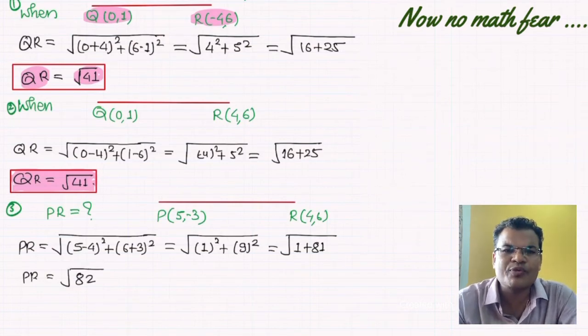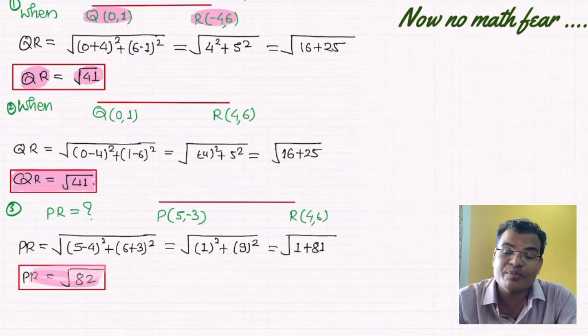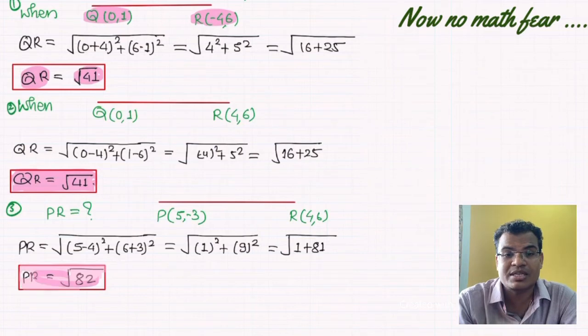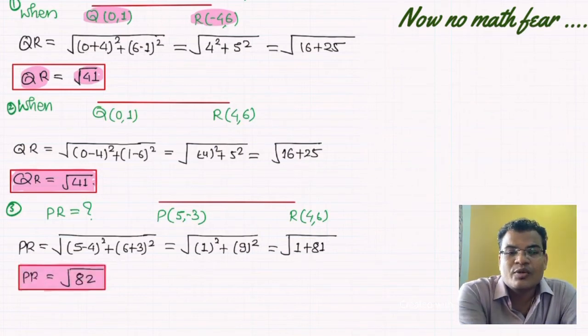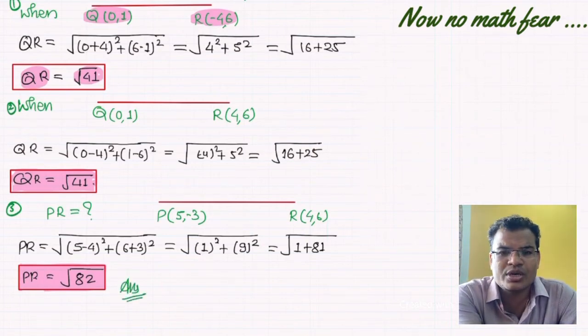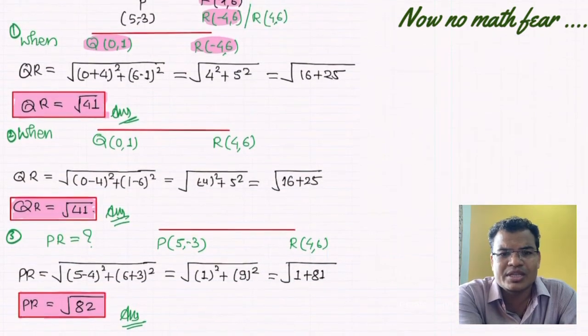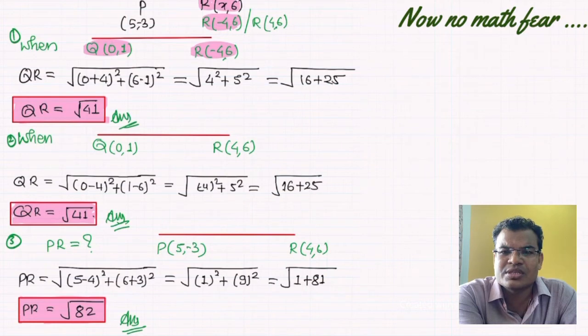So he wanted to find out the 3 values, PQ, QR and PR, from the different coordinates, minus 4 comma 6 and 4 comma 6. So this is the value of the third distance between P and R. I hope you understood this concept, all the 3 values, the distance between the points by the distance formula. We'll go for question number 10 also, because one more question is there, and then we'll complete this exercise today and move towards the next exercise.